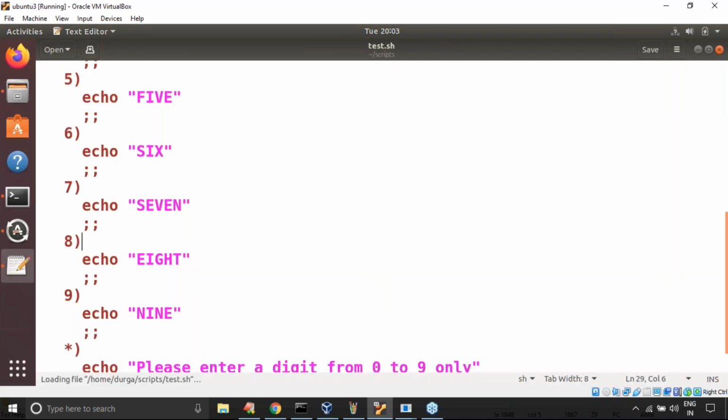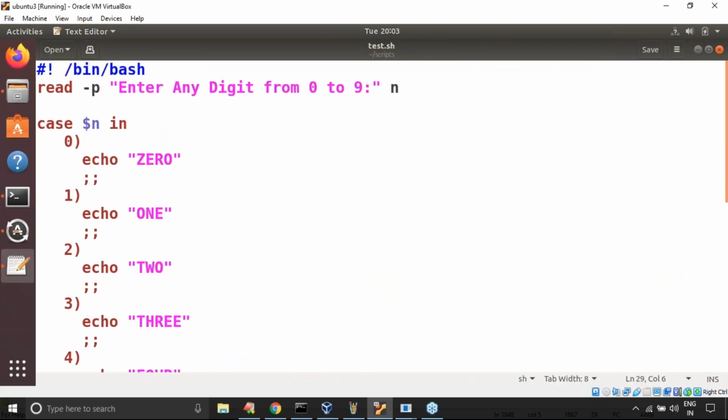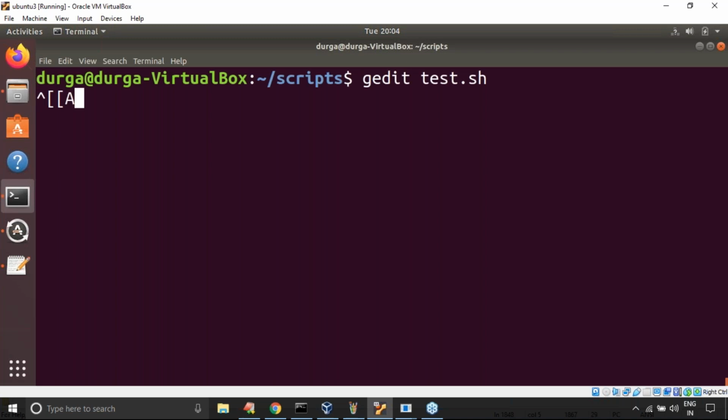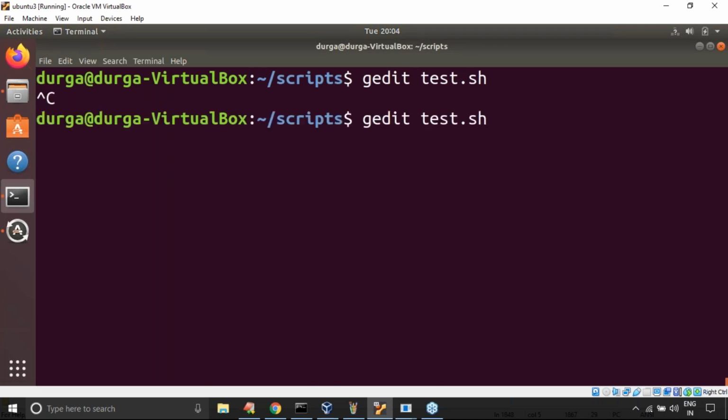Now, is this parenthesis mandatory or not? Some people are asking. It is mandatory, remember. Just observe here, I'm entering a digit, 0.